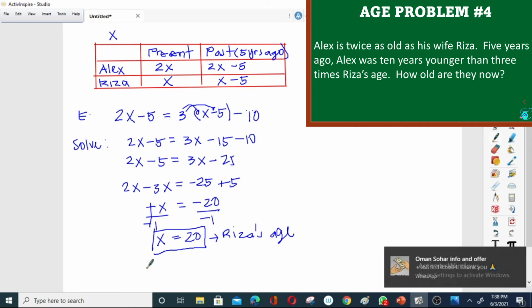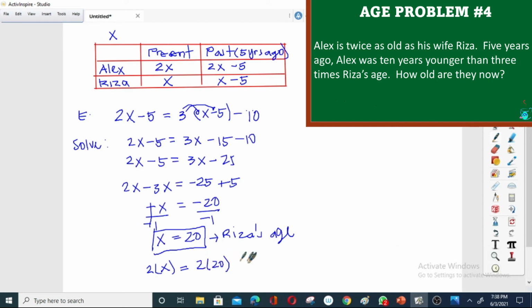And Alex is 2 times x, which is 2 multiplied by 20, this is 40. 40 is Alex's age